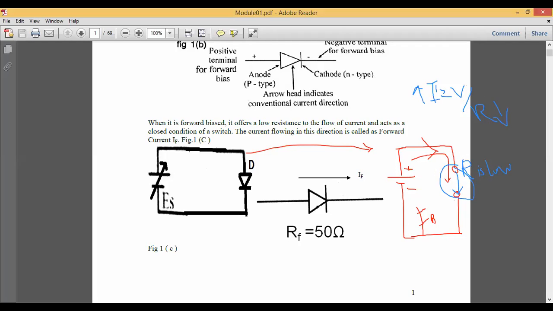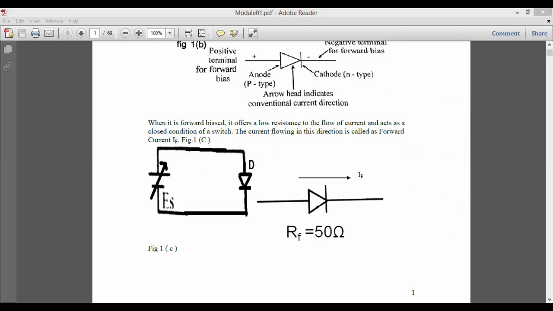The diode is conducting. So this is how we try to focus more on how the devices are actually operated. Now there is another operation of this diode, that is nothing but case number 2.